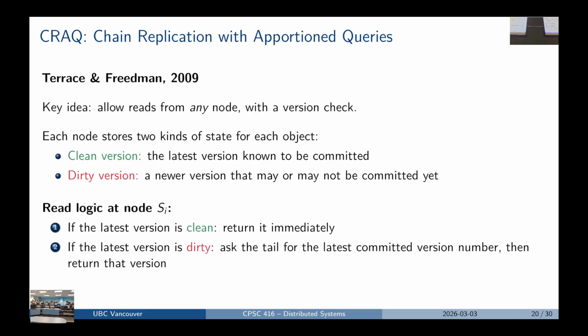So we have a clean version and a dirty version. A dirty version is the version that I last sent to the next node. I've seen this version, and I've now sent it onwards. Actually, maybe the strictly correct way to say that is, it's the last updated version I've seen, whether I've sent it or not. There, now I've closed that race condition, the small race between receiving it and sending it. It doesn't matter to the analysis. So, if you read at a particular node,